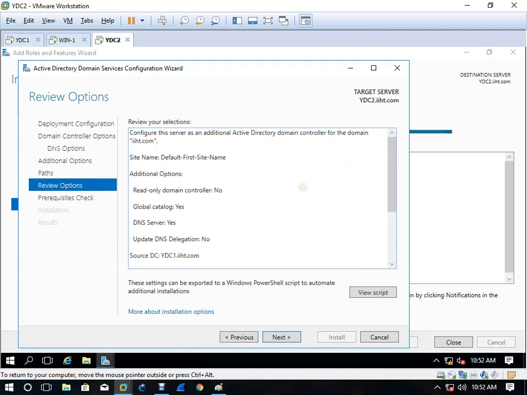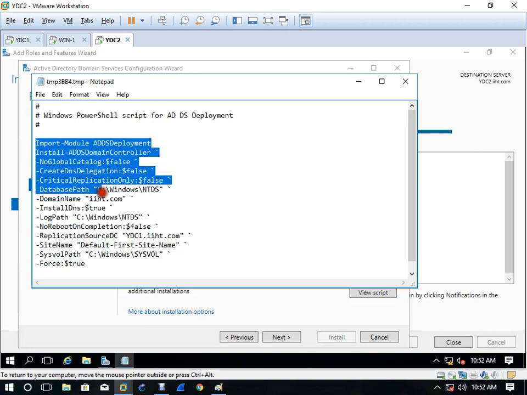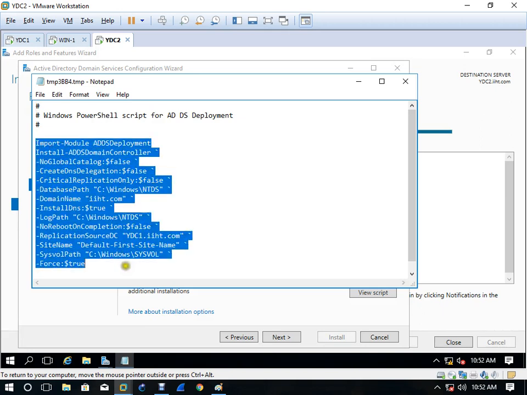Remember we did some scripting, we installed Active Directory through a script in Server Core, right? So who made that script? How did you get the script? Maybe if you want to get that script, how will you get it? See, can you see here? Click here. See, this is that script. It has all the same commands. You just have to copy and paste. So whatever you did here, you don't have to do it manually.